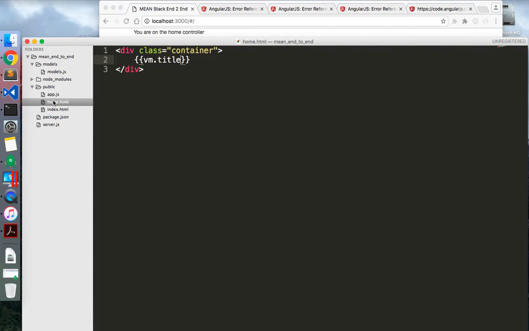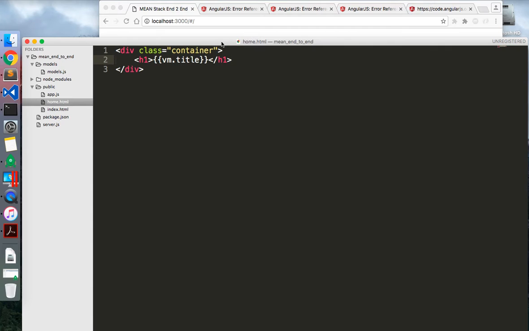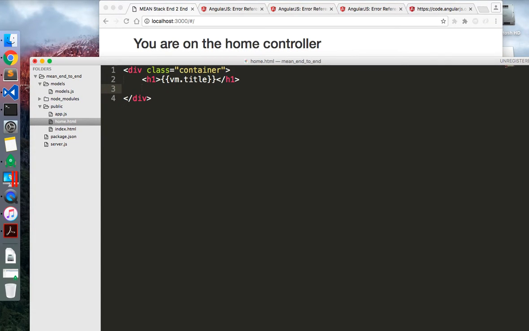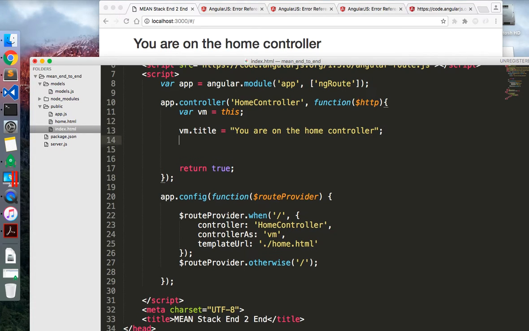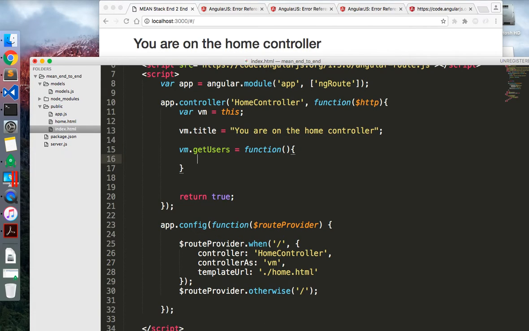Go in here, div container, and we'll give this an h1. And h1. Awesome. You're on the home controller. And now we want to build out our UI. It's going to be a div with another container inside here, and this is going to be the users container. It's going to house all of our users. So let's get our users. We're going to do vm.getUsers is a function, and all it's going to do